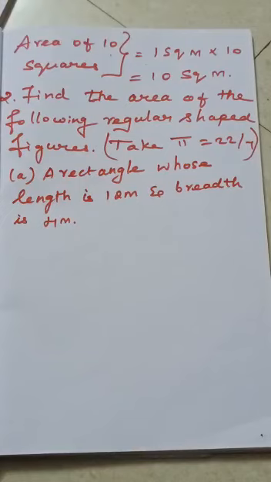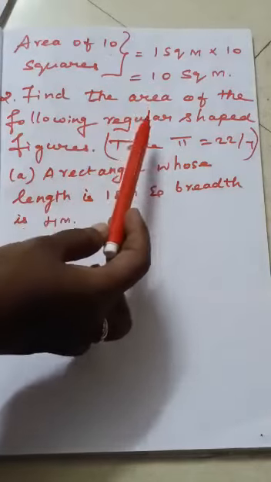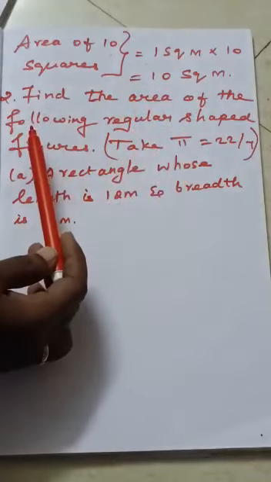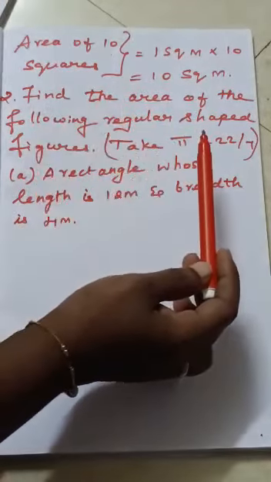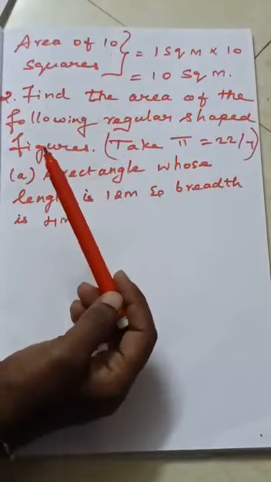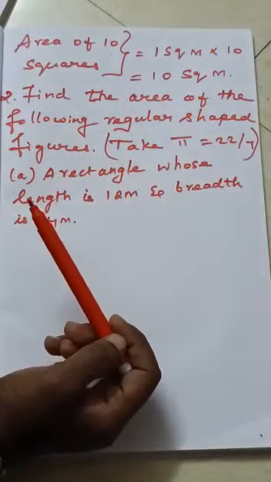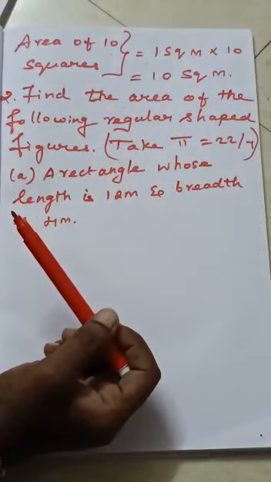Now second problem, find the area of the following regular shaped figures. I repeat, what we have to find? Area of the following regular shaped figures. While I was taking class, I explained to you about what all the regular shaped objects are. I hope you remember. In that,